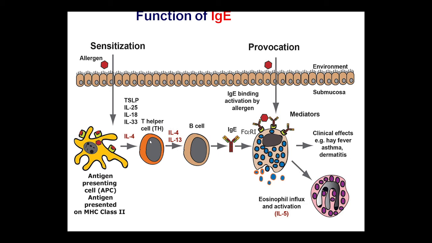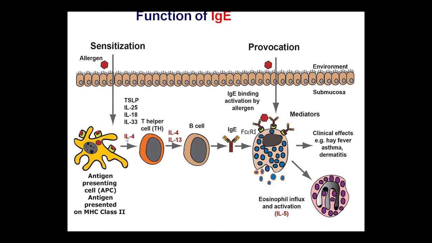These T helper cells, after activation, mature from naive T helper 0 cells to T helper cells type 2. These T helper cells type 2 produce interleukin 4, 13, and interleukin 5, and these interleukins activate B cells, of course, such B cells that have membrane immunoglobulin D or immunoglobulin M receptors that specifically react to this allergen. Clonal selection is happening. B lymphocytes replicate, form the clones of the cells producing antibodies,